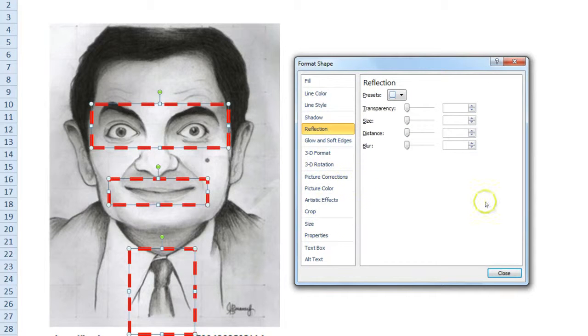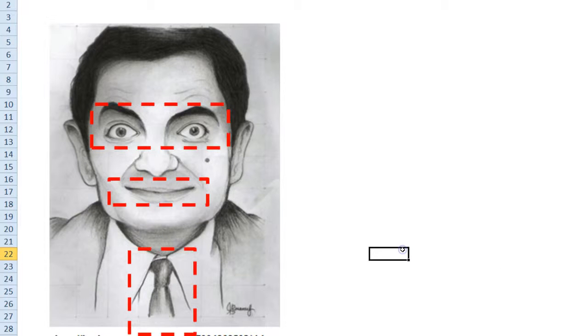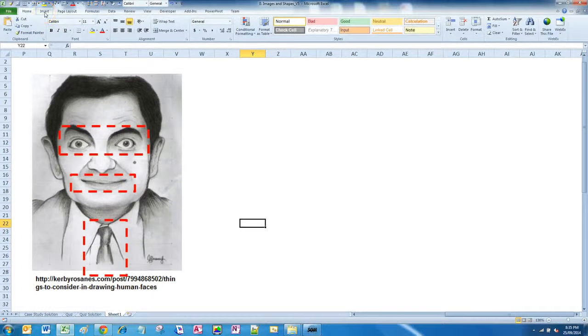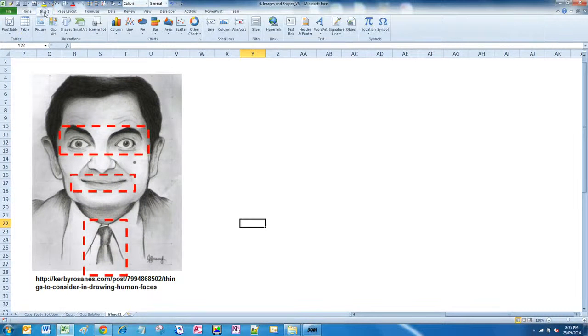Feel free to play with these. Okay, so we're happy with that. Let's close it. And there you go. You modified 3 images at once. Pretty cool. Now the next thing we're going to do is create text boxes to actually describe the features we've